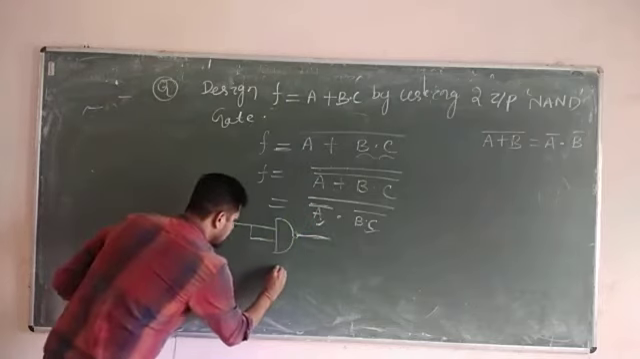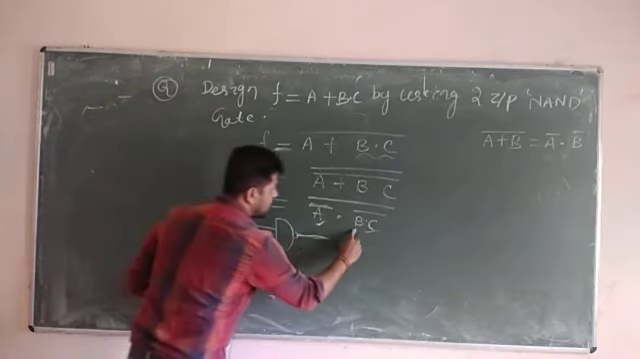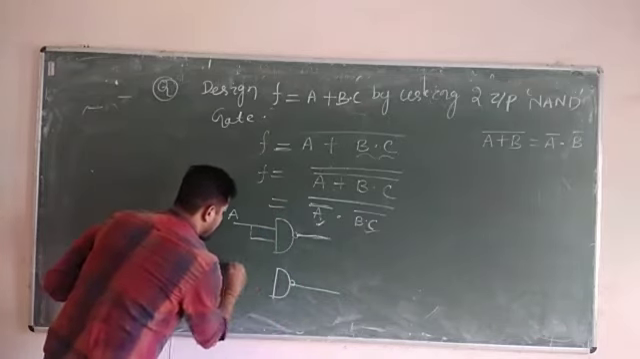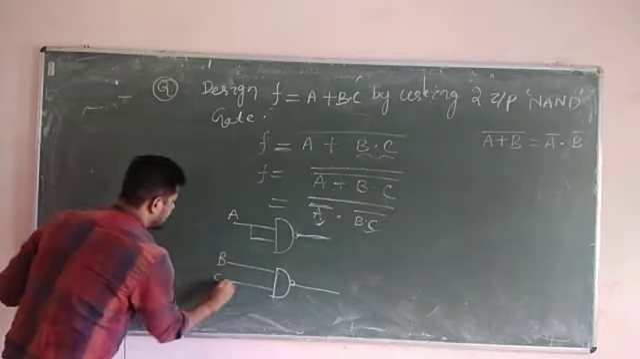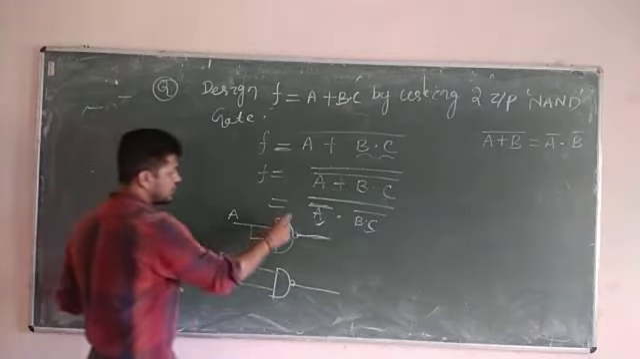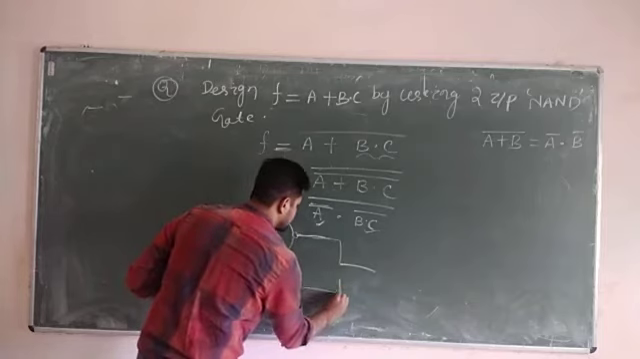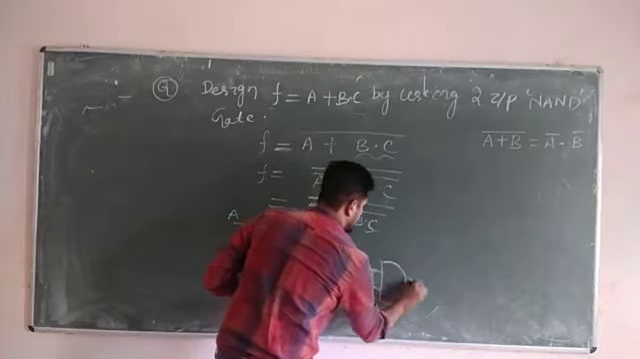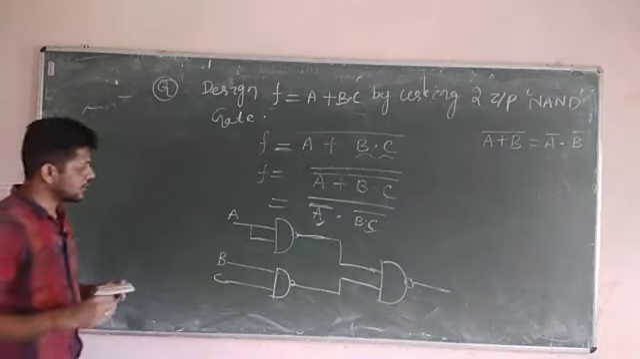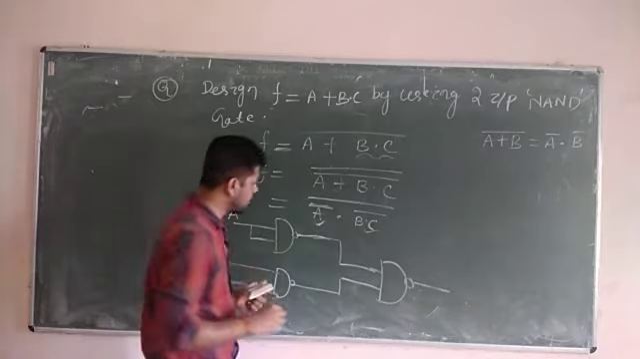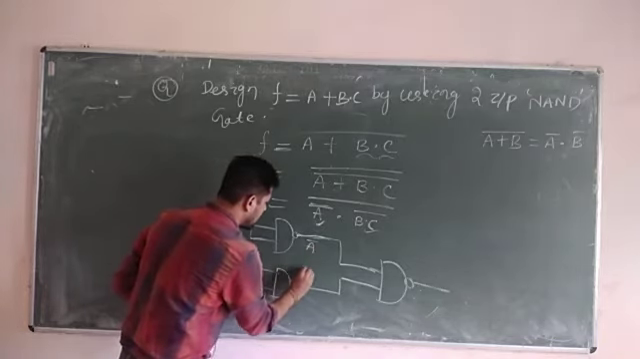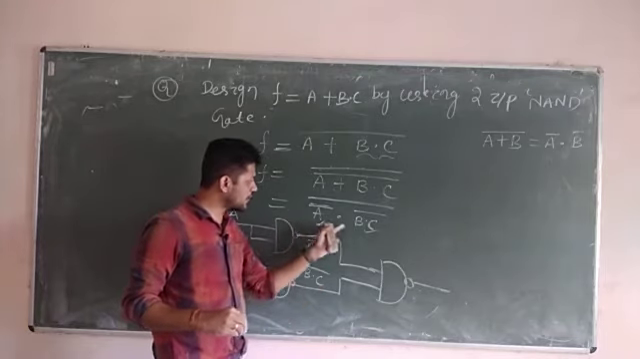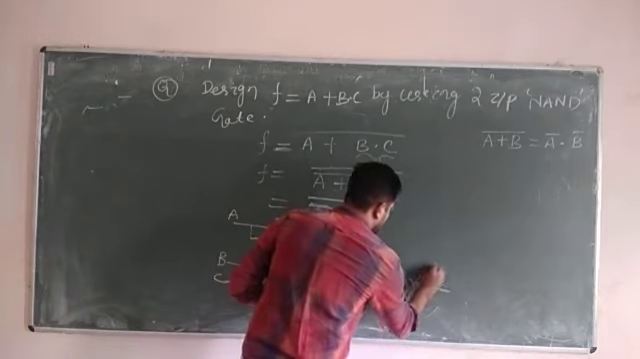So finally the next one is your B and C whole bar. Apply B and C. So B and C whole bar, this is your A bar. Now this is your A bar, B and C whole bar. So finally this is your A bar, this gate output is B and C whole bar, and finally I am applying this A bar, B and C whole bar to this gate, and the output of this gate is